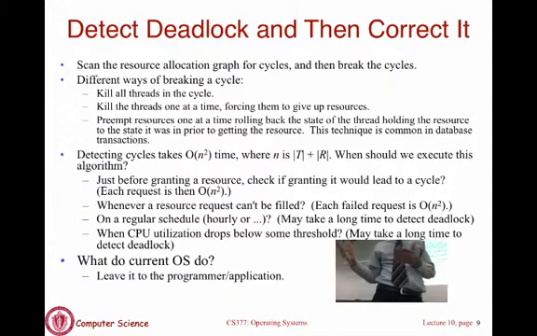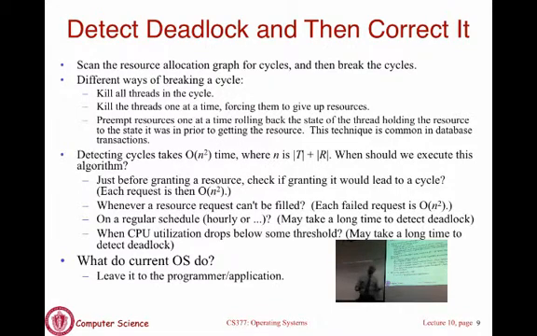Your CPU is just busy trying to detect cycles. The OS kernel is running, nothing useful is happening. So you don't want to run the cycle detectors frequently. Maybe you run it every 30 minutes, saying if something bad happened in the past 30 minutes, you will wait until the next time you run deadlock